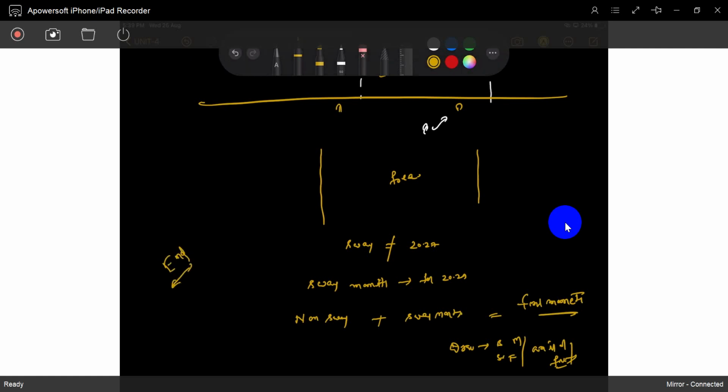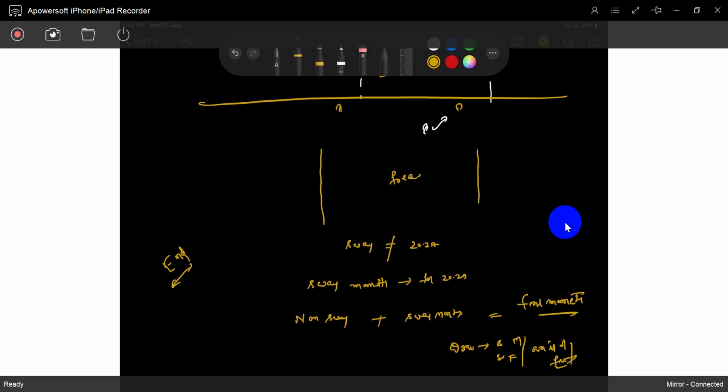Understood? That's the idea. Moment distribution. There are no formulas. Is any formula there? Nothing. No formula is there. Just your understanding. You just do by addition, multiplication. Addition, subtraction, multiplication. These three only are required. No other thing is required. No formula is required. That's why it is very simple. You can just analyze it. Just shuffle. That's it. That's the end of the moment distribution method.